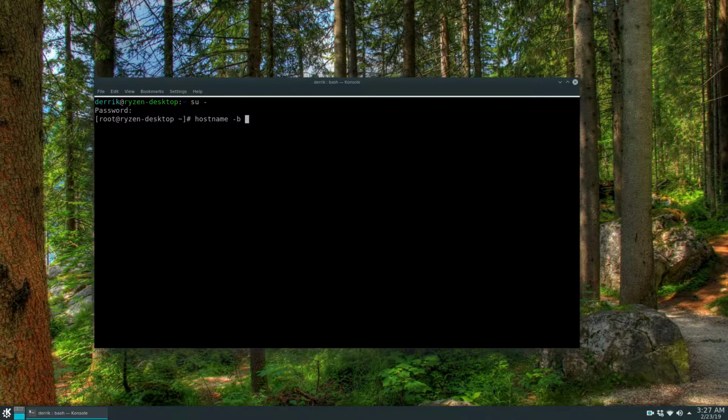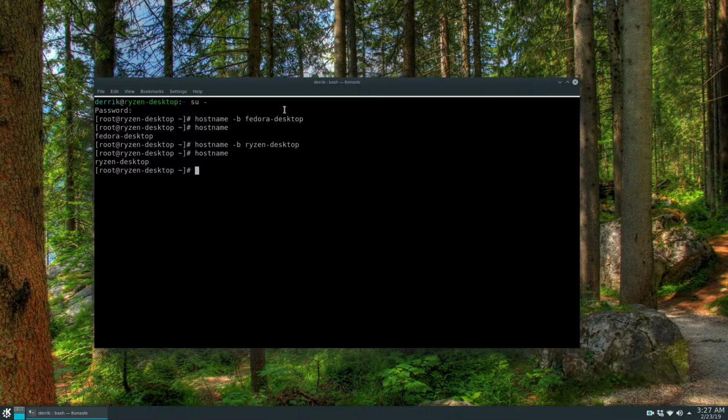So I could go Fedora Desktop. And now, if I run hostname again, it's Fedora Desktop, and it's no longer Ryzen Desktop. If I want to change it back again, maybe I changed my mind again, I can do that, and it's that easy. And I like using the hostname app because it's pretty fast, but not everybody has access